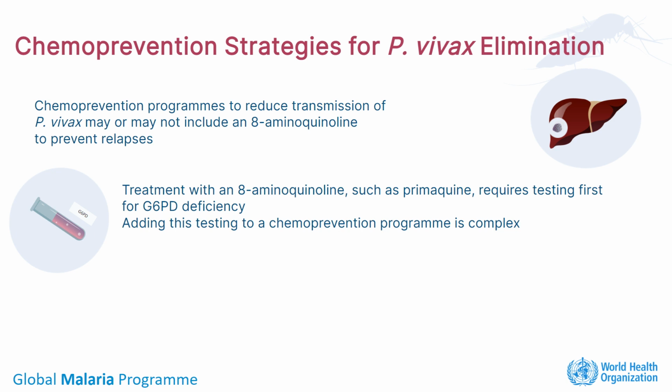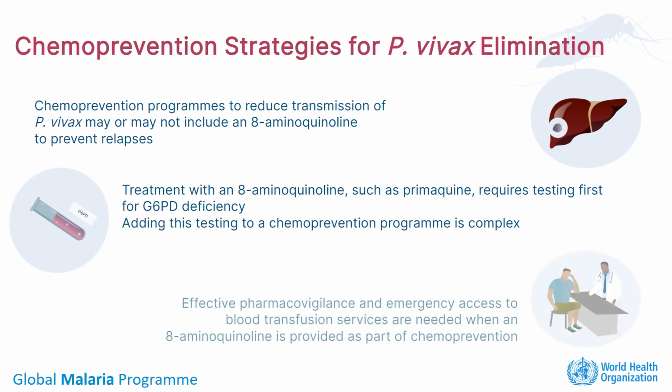To safely provide a full therapeutic course of primaquine in a chemoprevention program, in addition to testing for G6PD deficiency prior to treatment, an effective pharmacovigilance system and emergency access to blood transfusion services are needed. The take-home message here is that programs that are considering adding radical cure to chemoprevention strategies should consider this carefully and determine how they will safely administer the treatment. Programs should also consider whether sufficient coverage and adherence to the full course of radical cure can be achieved in